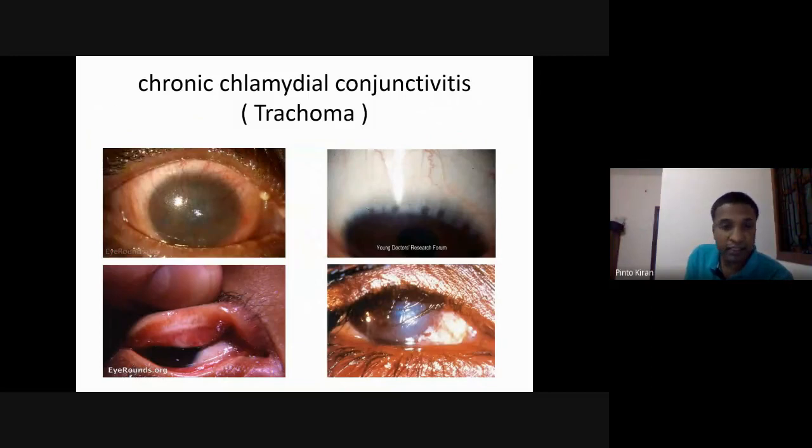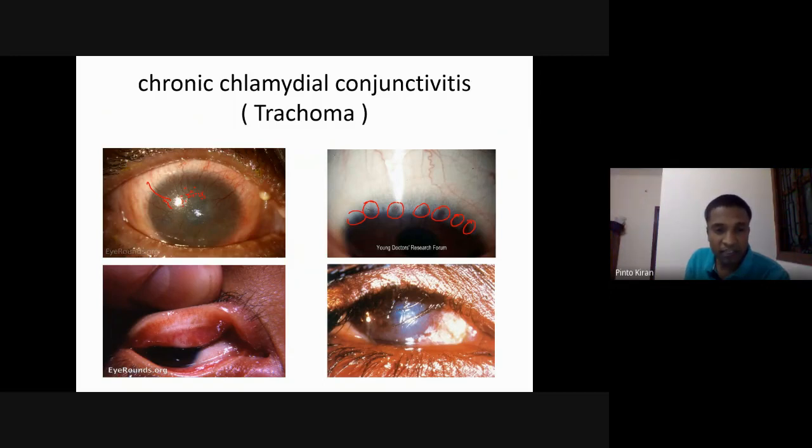These are the various clinical presentations. This you can make out here. This is a pannus, blood vessels are coming. This gray area is nothing but infiltration. Normally it will be transparent, this gray area is because of that. You have Herbert's pits here, this pitted scar. You can make it out only with a slit lamp. Of course, you can make it out with the torch also, but if you want to see clearly, only with a slit lamp examination.